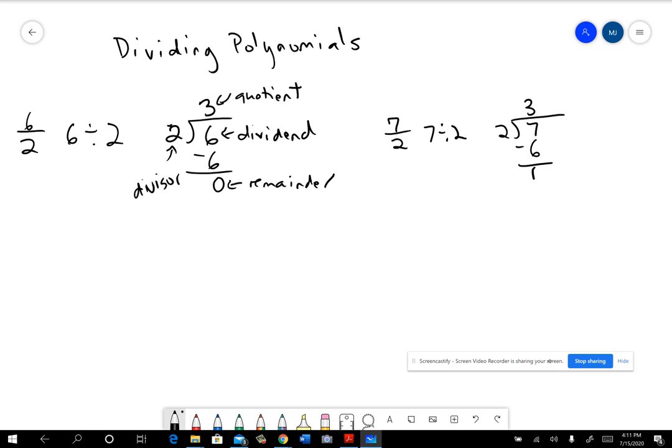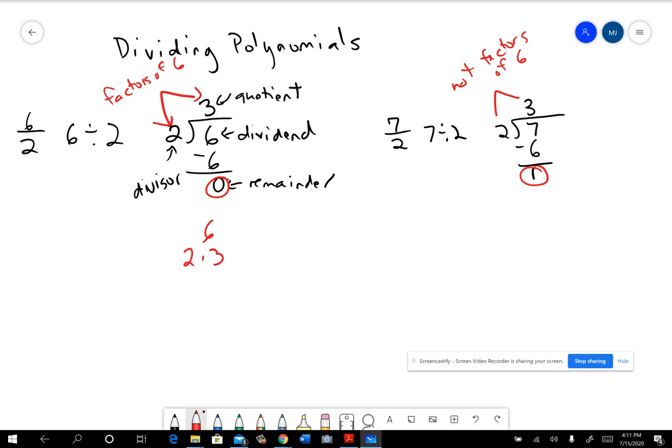Okay, so since I got a remainder of 0 here, then I know these two numbers are factors of 6. Okay. But then since over here this wound up being a 1, then I know these are not factors of 6, okay? So division is one way of determining whether something is a factor, and then it also allows us to take a number and write it in factored form, okay? All right, so